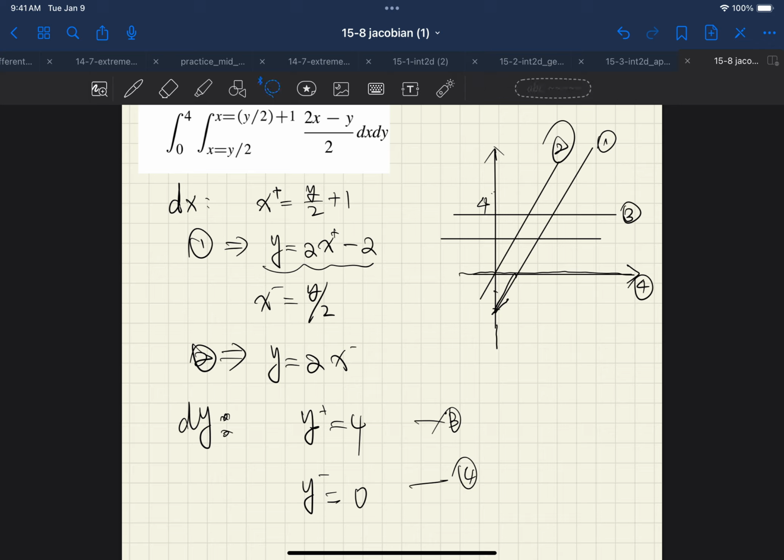In other words, the region we're looking at is the region bounded by 4 lines: 1, 2, 3, 4. So it gives me this area. It's a parallelogram, so maybe I can color it. All right. Now